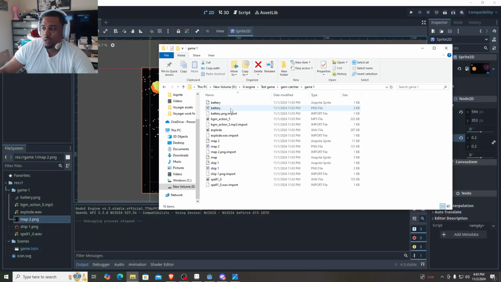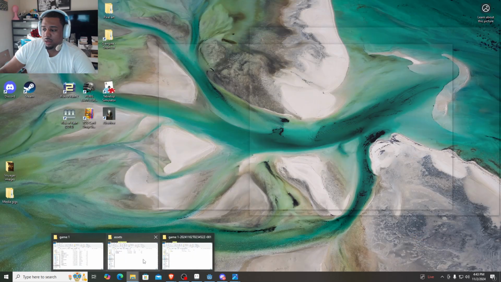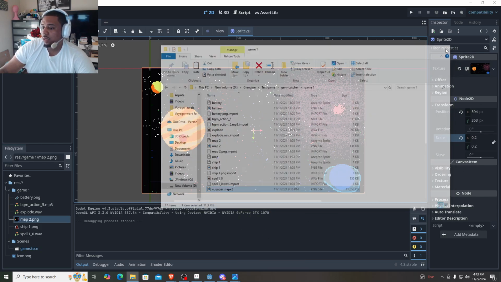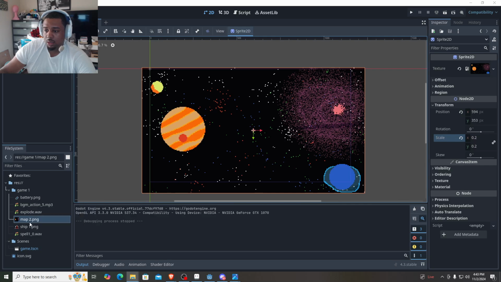I think game one has all the assets in it and stuff, right? Battery map. Okay, yeah. So I can just pull up here and then pull up assets and then go into Voyager work folder. That's what it is. And then first map, just copy it, paste it, and then